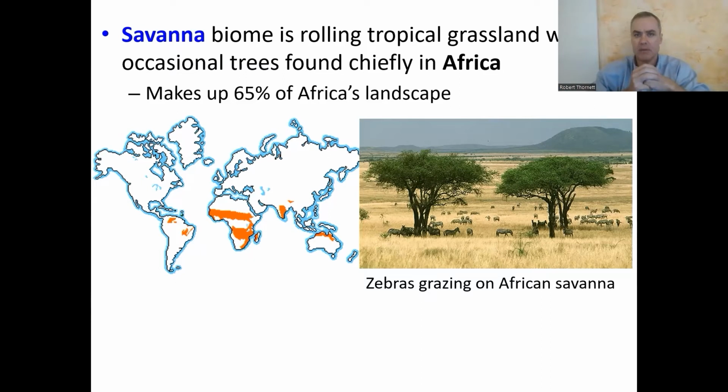And so this is what you get. You get savanna biome, which is a tropical grassland. You might have occasional trees, right? So it's not like a forest, but you just have a tree here, a tree there. If you do have a tree, it's often going to be near lakes or rivers, because that's all it can support, because it has that dry season. It might be 4 months of a dry season. There's no rain. So not enough to keep the forest going all year. 65% of Africa is savanna. So it's a major, major biome for Africa.